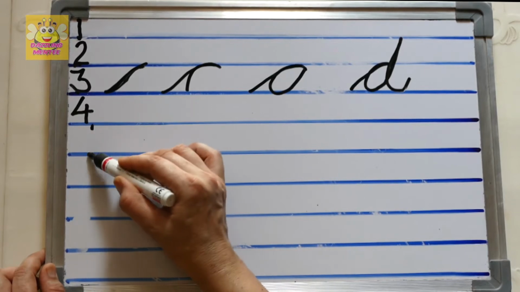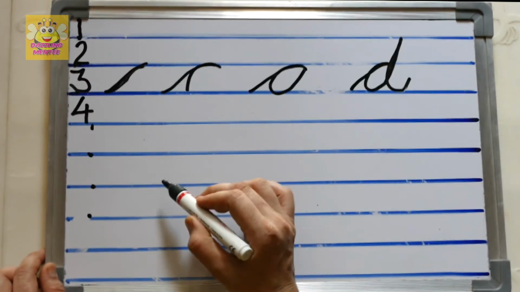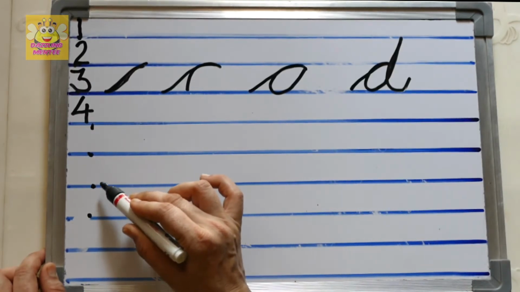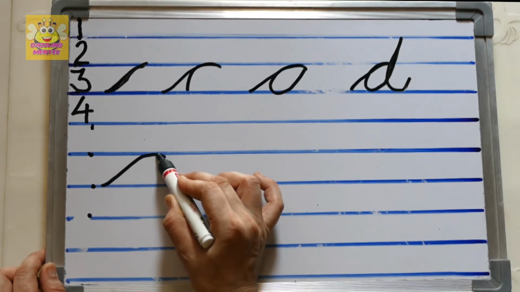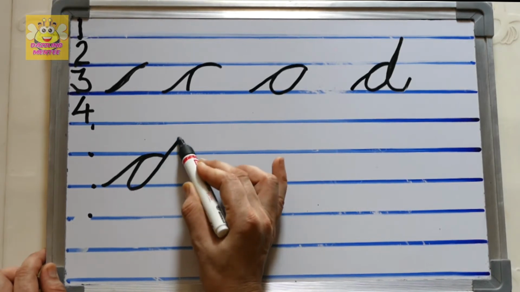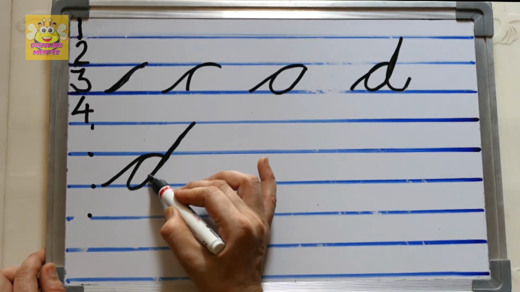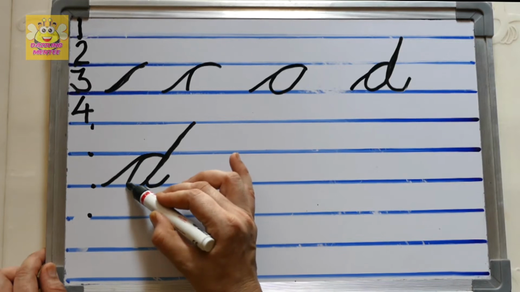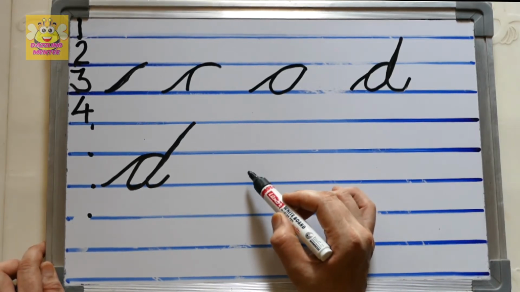Again 1, 2, 3, 4. 4 lines. We start from the third line. First of all, slanting line, curve, come back, turn in a slanting position, go up, same pattern, come down and make a tail. Which alphabet is in front of us? D. The dog. Bo bo. Dog says bo. Bark. Dog is barking.